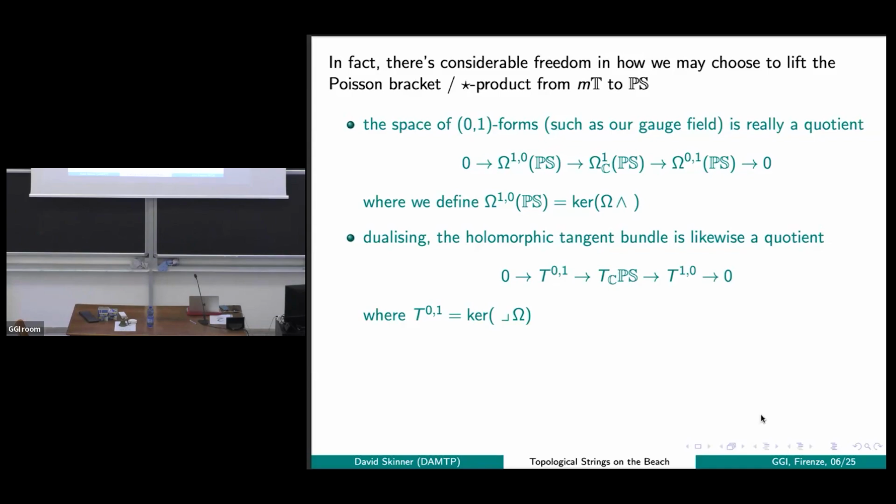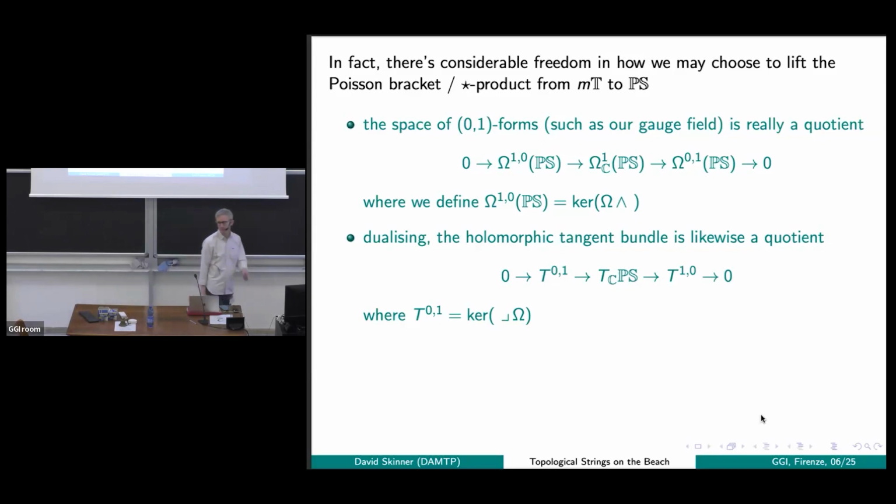What I'm saying is that the way what I'm calling a 0-1 form, maybe the terminology is not so great, right? What I mean is this is everything that isn't a holomorphic form, and so there's a 3-dimensional space of them. But how you define that 3-dimensional space is really defined as a quotient, because what I meant by a holomorphic form was something that wedged to 0 against omega. And so this is something that doesn't wedge to 0 against omega. But of course, that's defined up to adding some amount of something that does wedge to 0 against omega, and still be fine.